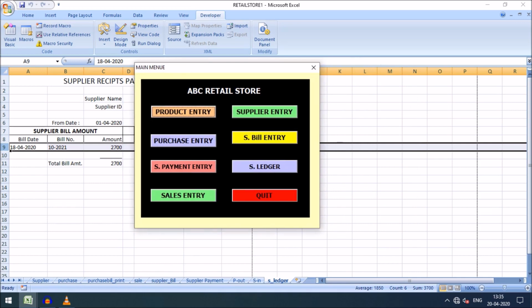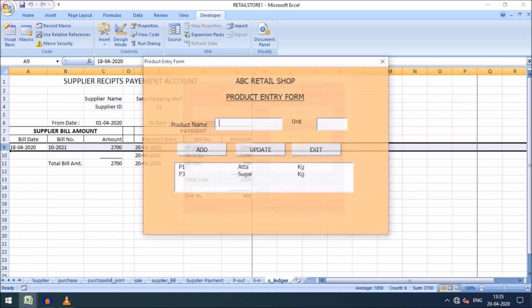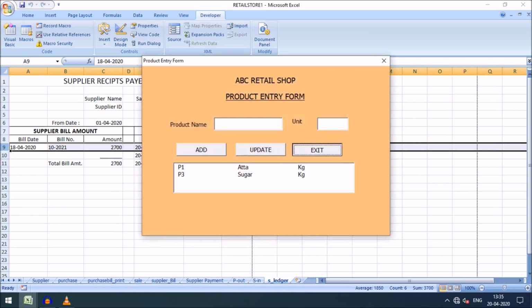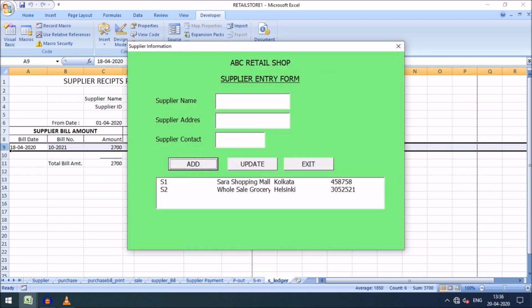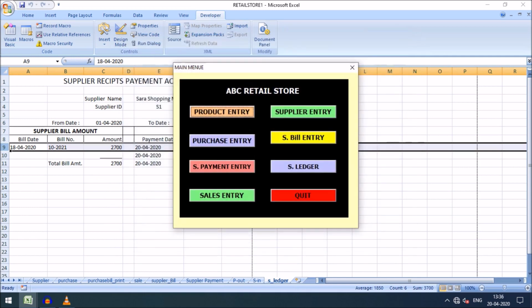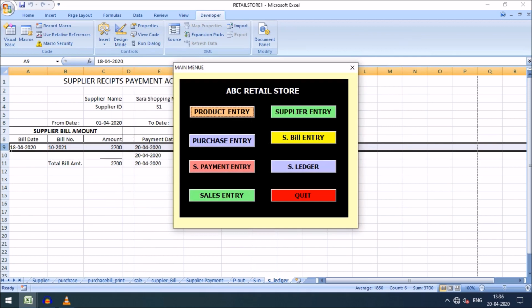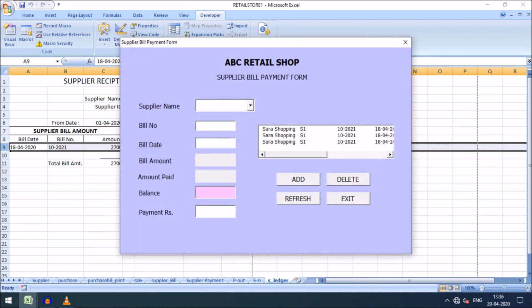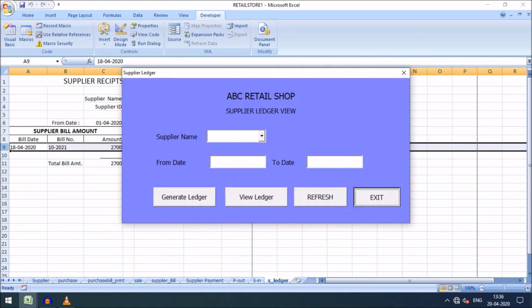So thus friends, we created this menu, and we can go through the menus up to this section. So product entry, yes, product entry form open; supplier entry form open; purchase entry form open; supplier bill entry form, yes, open; supplier payment entry form, yes, open; and supplier ledger form, yes, open and close.